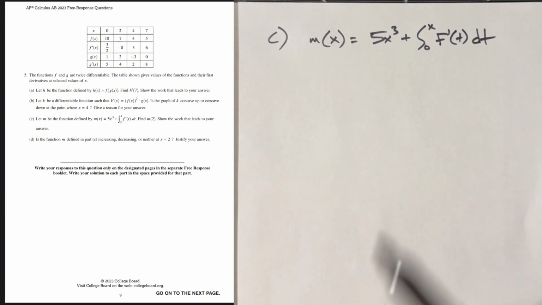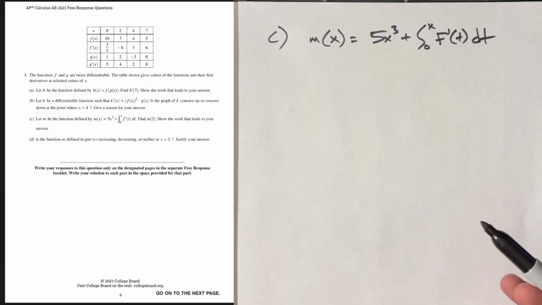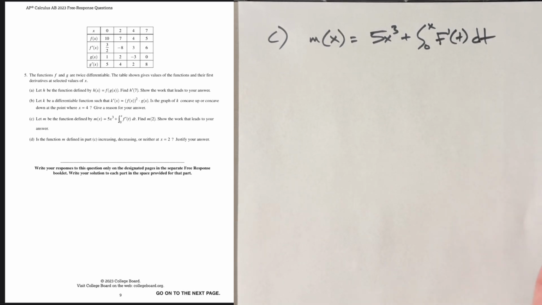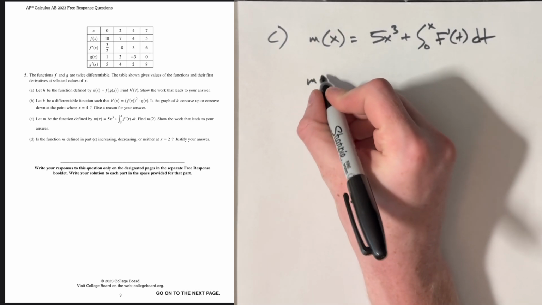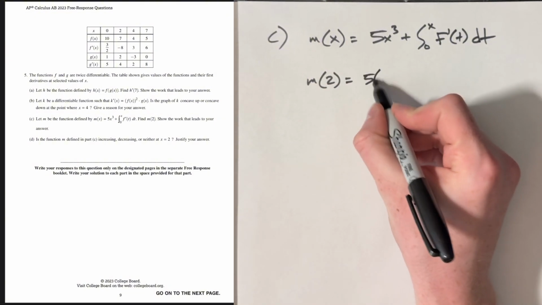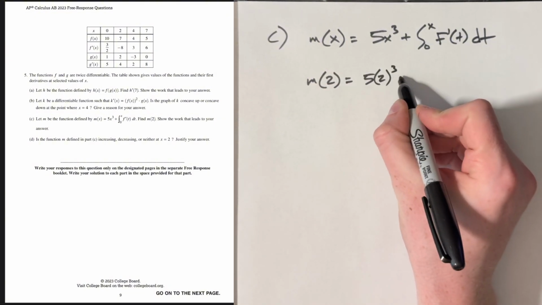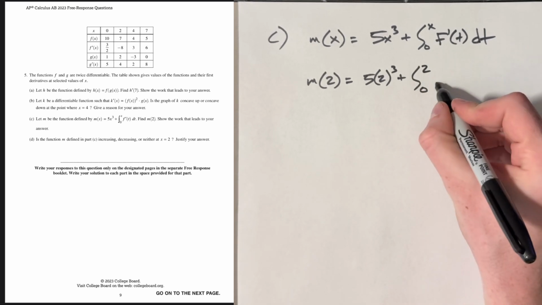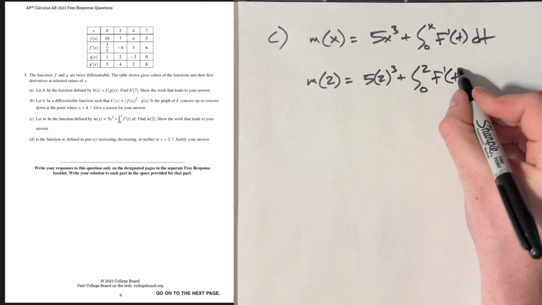And it asks us to find m of 2. Now, we already have the function m, so let's just plug in 2. I would get m of 2 equals 5 times 2 cubed plus the integral from 0 to 2 of f prime of t